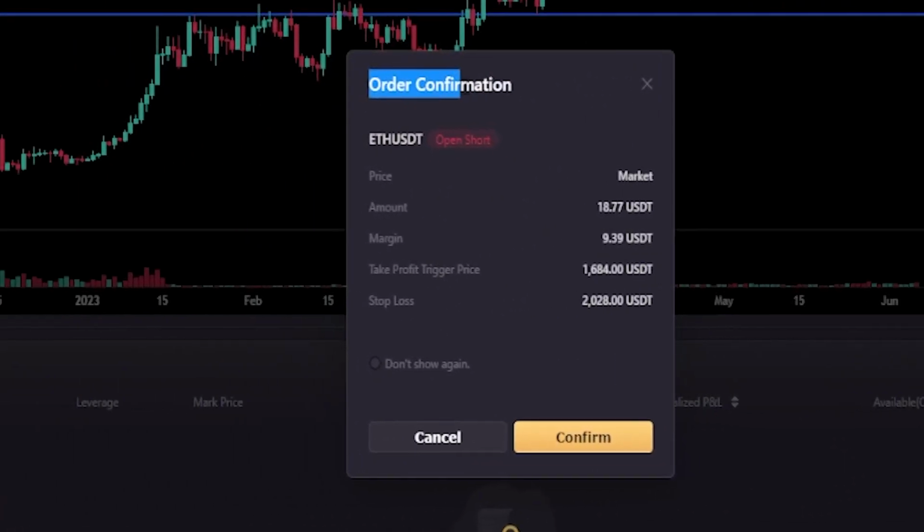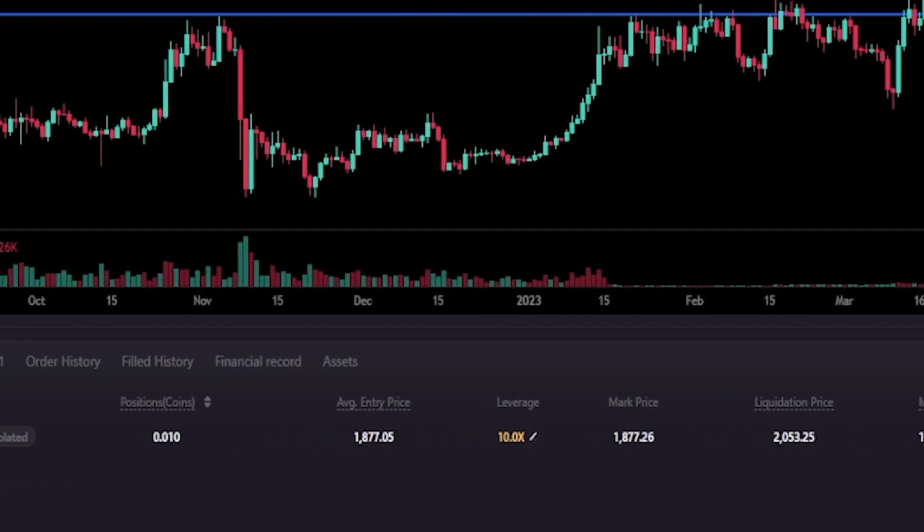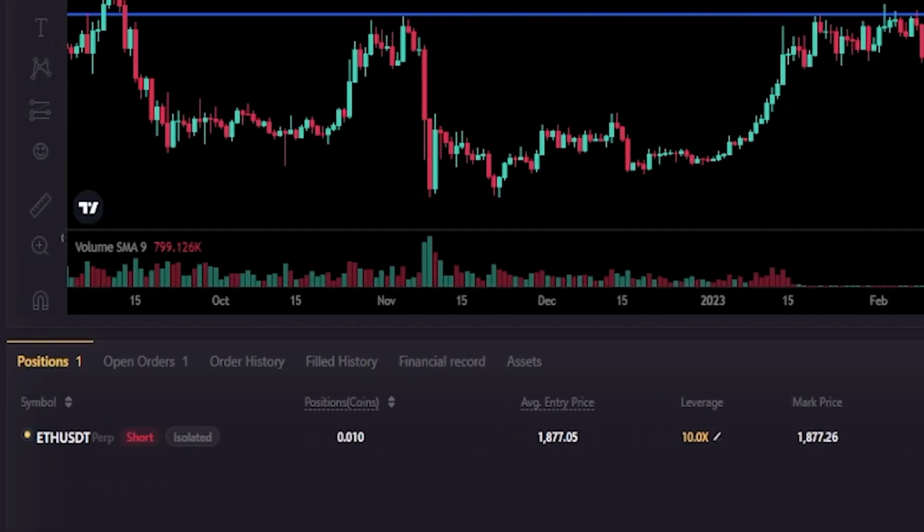Then we'll get our order confirmation pop-up window where we can confirm the details of our order. We can see our order size right here. We can see how much collateral we're putting into this position right here. But now we can see that we have a take profit that's going to be set immediately at 1,684. And we can see that we have a stop loss that's going to be set at 2,028. If this is what you intended, you just simply click on confirm. Now we've executed that short position immediately at the best available price from the order book. And we also added our take profit and